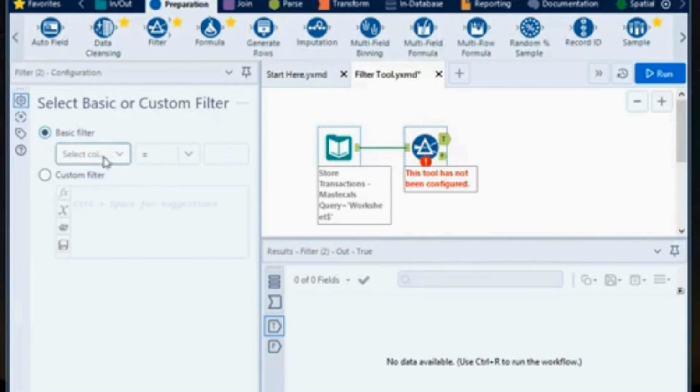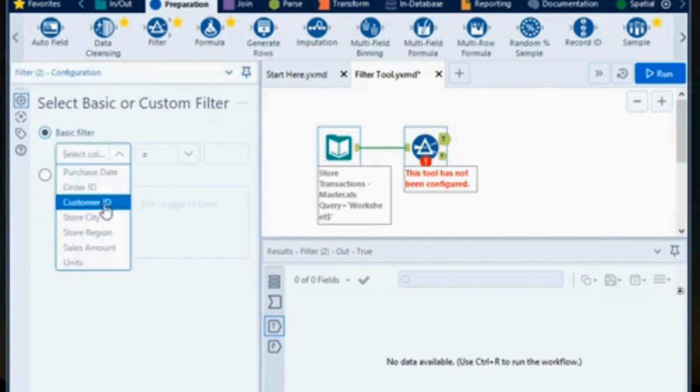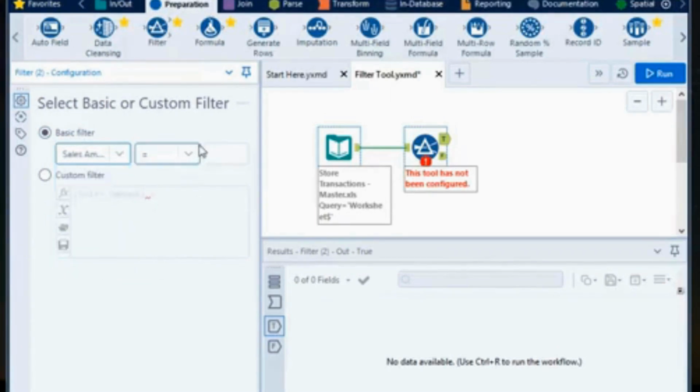Once you click on this filter tool, it will open a configuration panel where it will ask you about the filter option. One can be a basic filter, which is say your store sales amount, right, is greater than or equal to